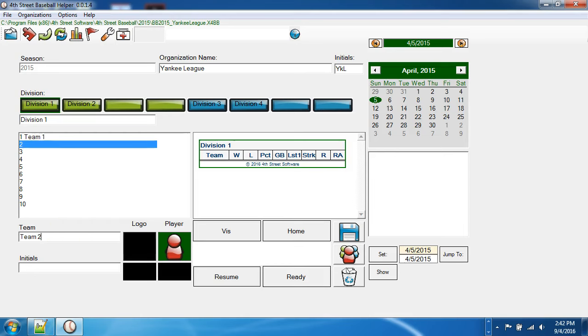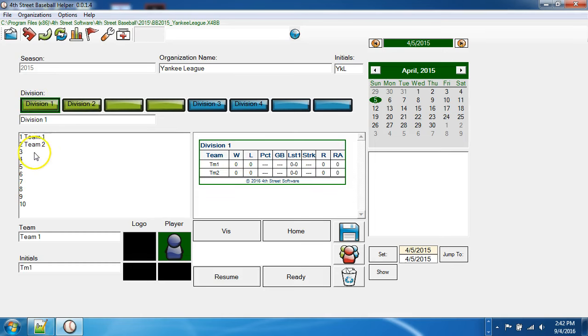Here's Team 2. Initials Team 2. And let's make a 3-team division. And then we'll go on to division number 2. Let's see if that all saved. Nope, actually it didn't, so I guess I need to